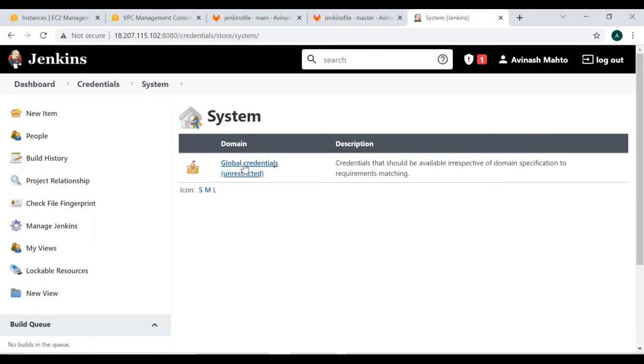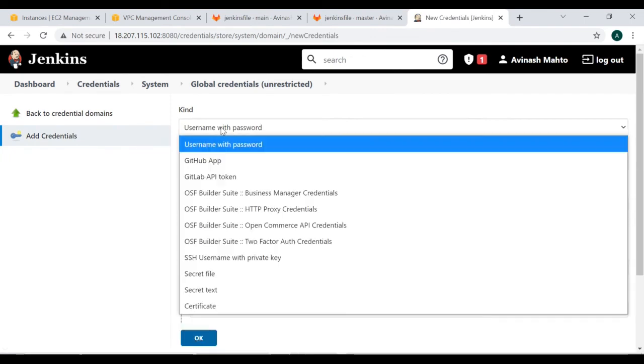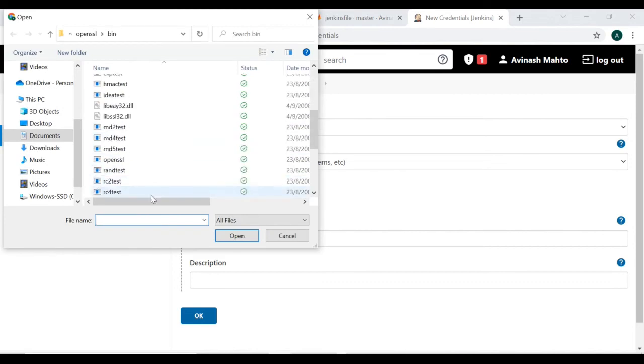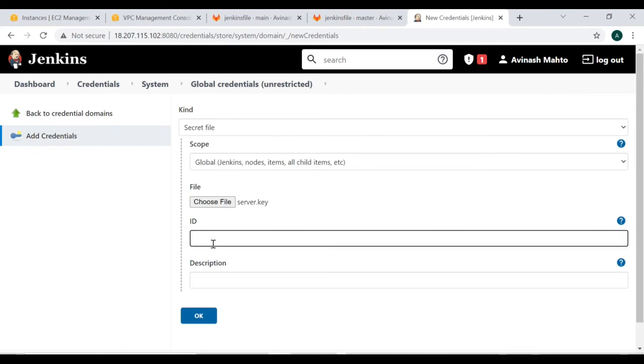Let me add one more section here, and it will be a secret file. Let me choose that secret file, and you can call it dev_sf_consumer_key.